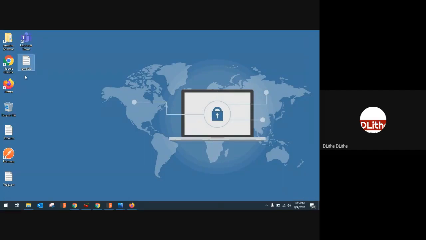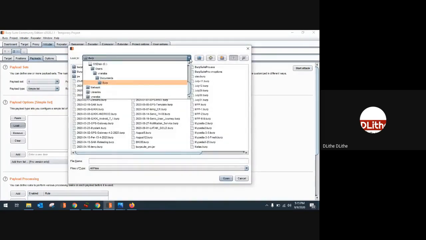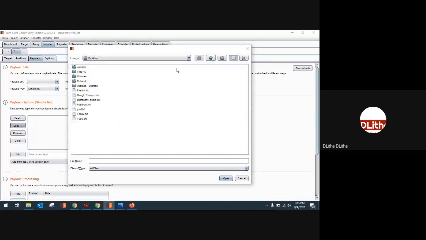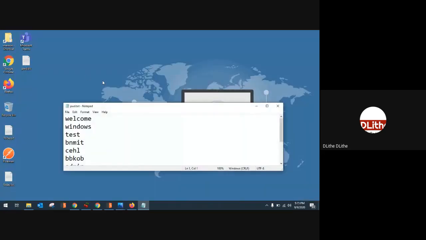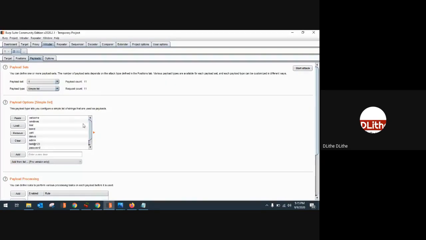Okay, so I'm using this text file. To import this text file, just click on load and navigate to this folder. In my case, this is my desktop. You can see there are 11 characters here, which have been added. You can also open up the text file, Control-A, Control-C to copy the data into the clipboard, and then come here and paste it directly. It will do the same thing.